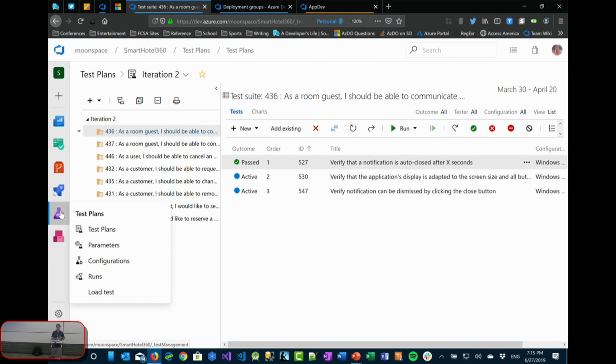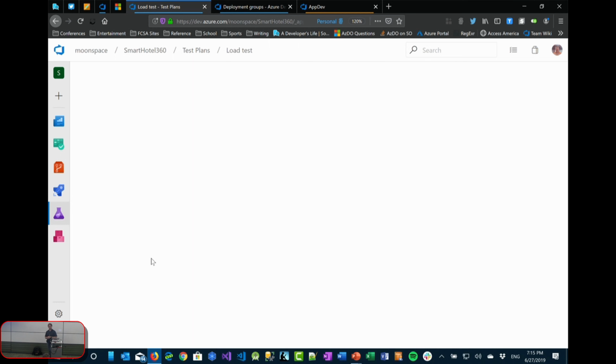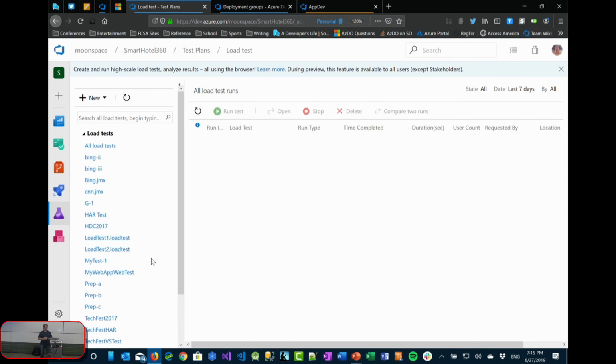Now, there was a time where they also supported what they called cloud load tests, but we don't talk about this anymore because they've deprecated it. It's still there. They'll support it until roughly the middle of next year. I can't remember the exact time frame, and then it goes away. Which is kind of sad. We actually use this today for a few scenarios.